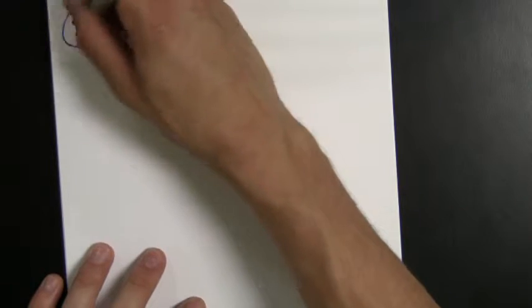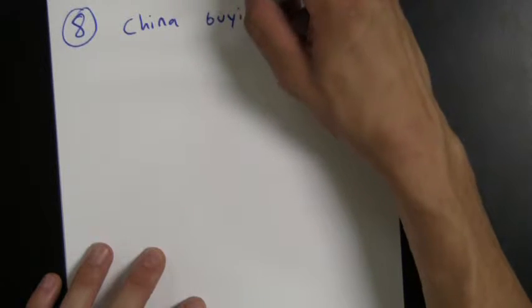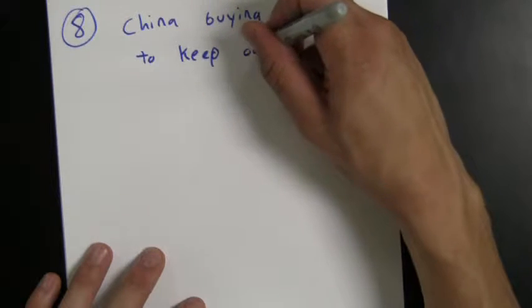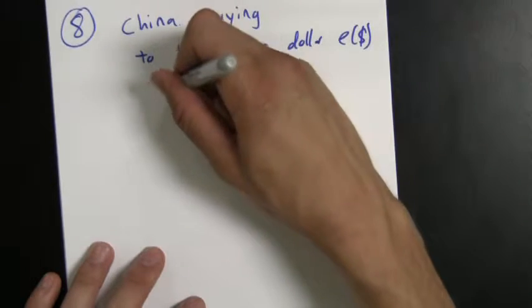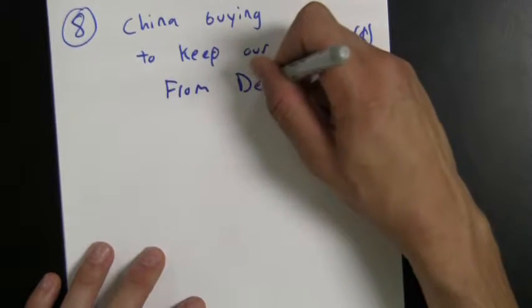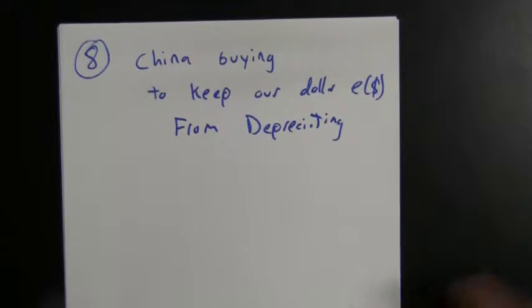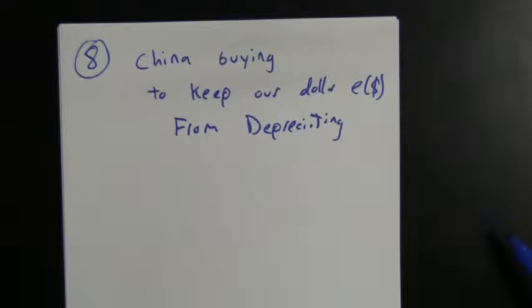So the next question we're going to talk about is question number 8. The idea is China has been buying dollar-denominated assets to keep our dollar, not their dollar, to keep the exchange rate of the dollar from falling, from depreciating. So think about it. China's economy is totally based on us buying their goods. If our dollar were to depreciate, we couldn't buy Chinese goods. So China is buying our goods to maintain our exchange rate, so we keep buying their goods, feeding the cycle,